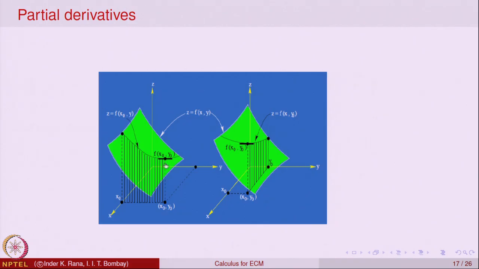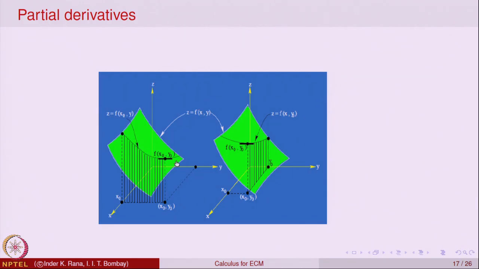So, you will get a curve on the surface, and what is that curve? That is as if you take this plane passing through this point and going up. So, look at the plane x is equal to x naught raised up and intersecting with the surface. So, that is a curve, right. That is how you will visualize the range of a function of two variables when